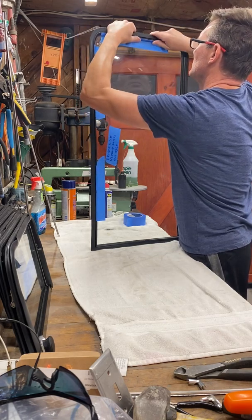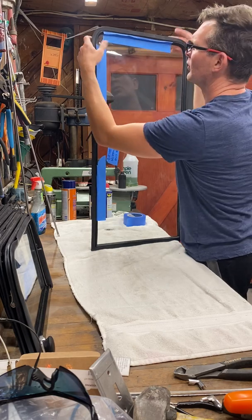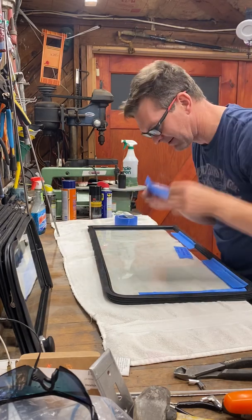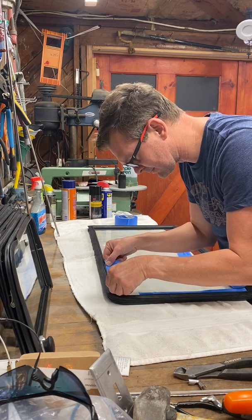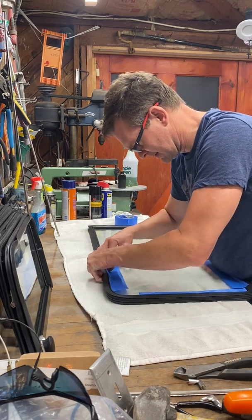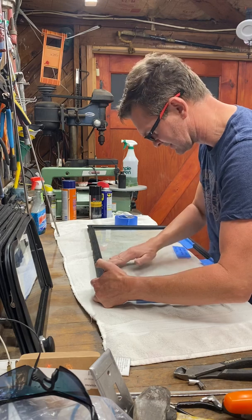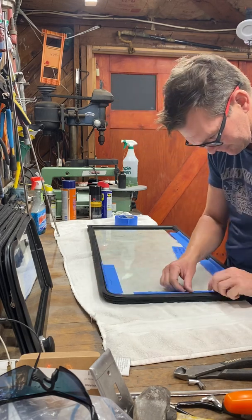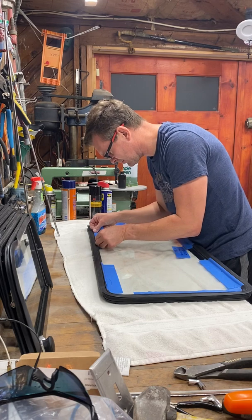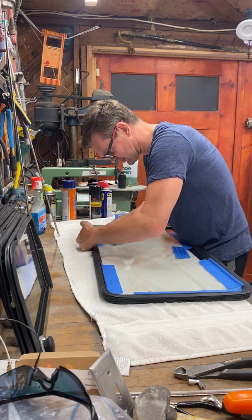Actually, that one's a little too long there, but that way it doesn't back off. Again, the edges keep wanting to pull off. Now I can try this side. Easiest way again is get your thumb in there. Actually, this is going much quicker